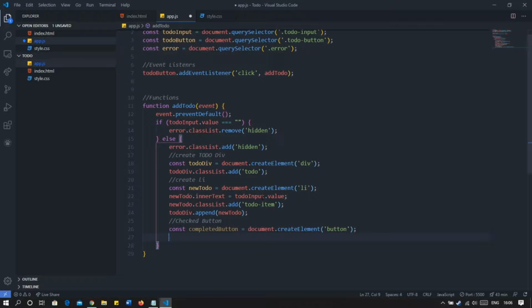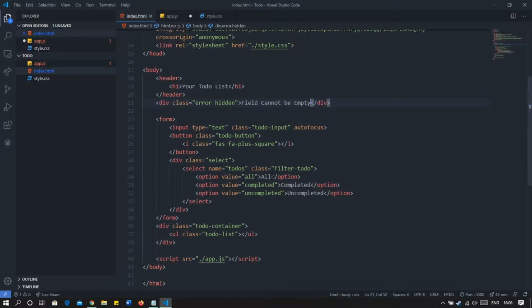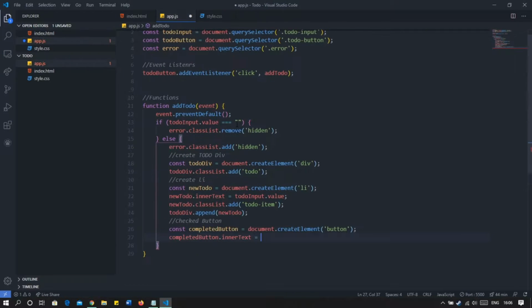So completed button dot inner text equal to. Now as we have used the Font Awesome class of fa-solid fa-plus-square, we will be using it for delete and check as well, trash and check. So we have to put this complete stuff here so that we can get the element. So we'll try this.